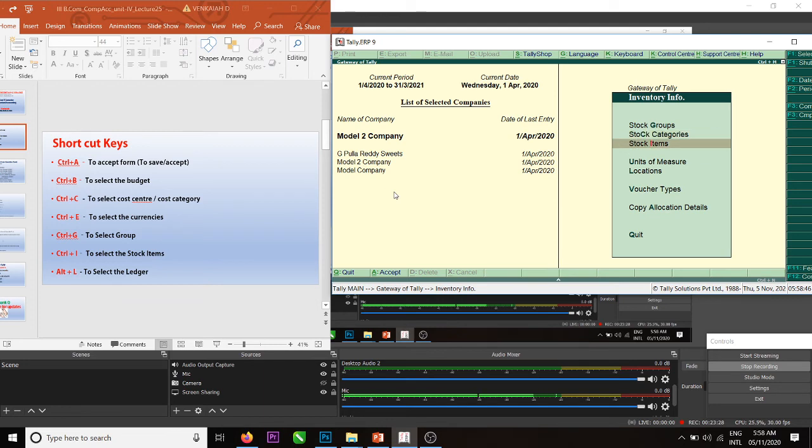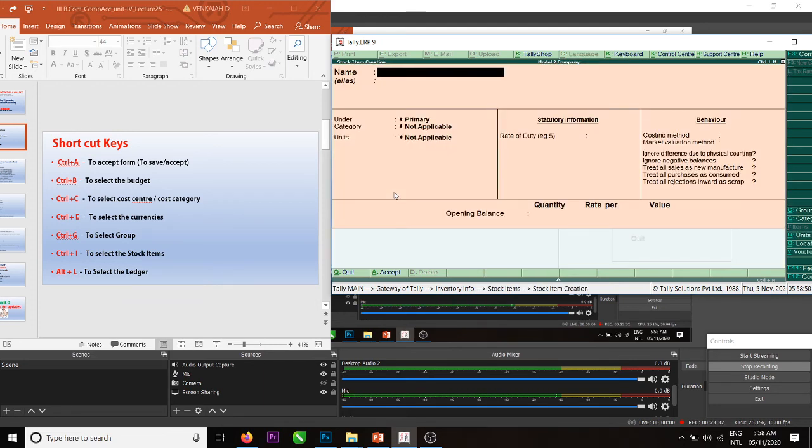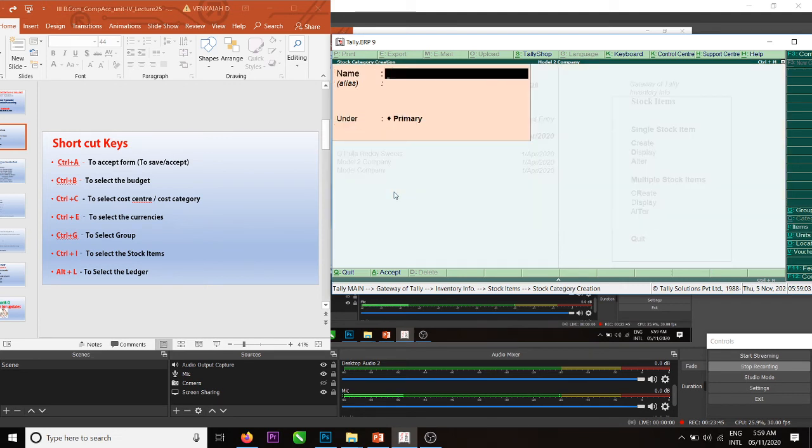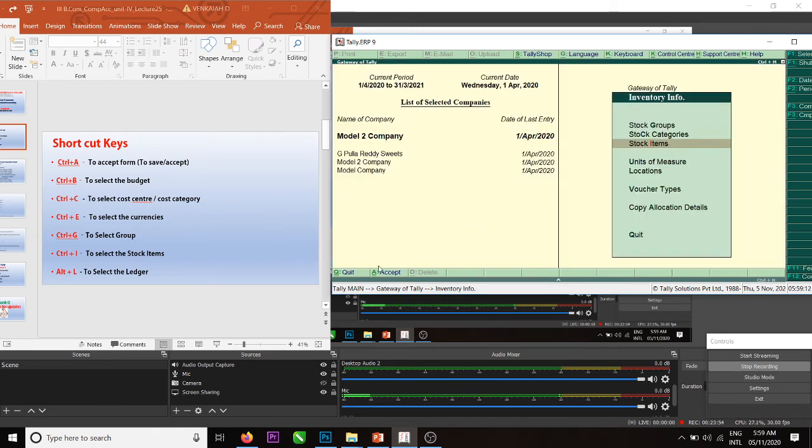But when I am in stock item creation, mobile phone, here I want to open category, creation of stock category, press Alt Control C. Stock category creation is open when I am in creation of stock group and stock items.